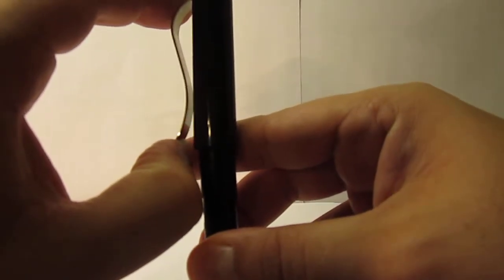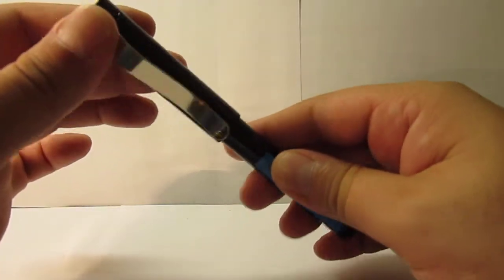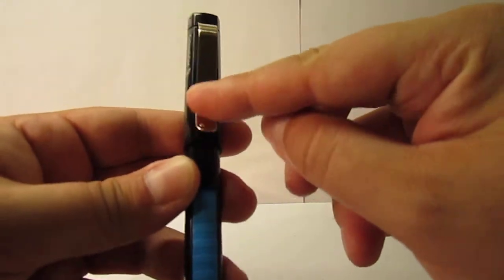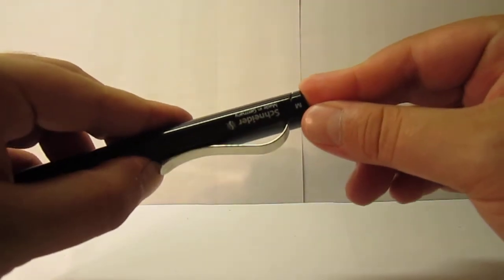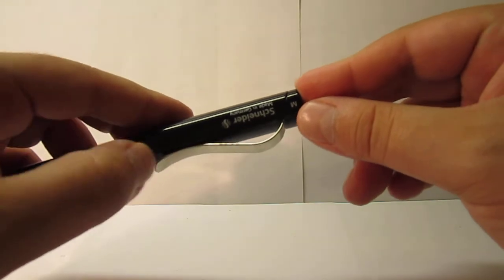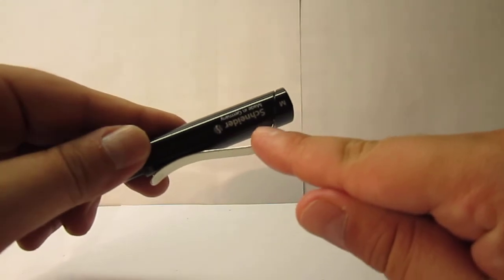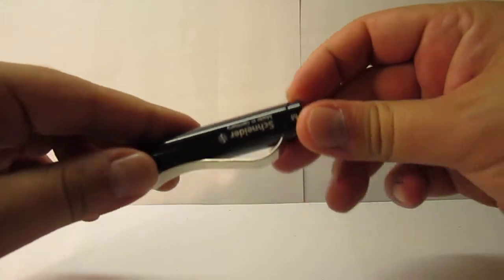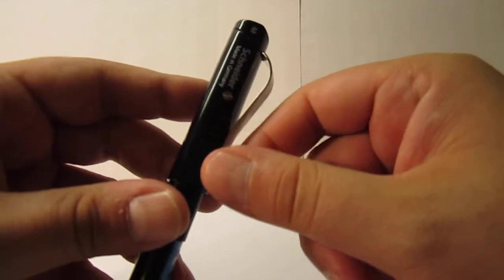It's a fairly simple clip, very sturdy, but it works. It's chrome steel, and despite the fact that it's a very simple shape but effective, it's still very sturdy, very hard for it to lose its sturdiness. And if you notice the silhouette, it goes all the way, and interestingly the cap has this ridge here, this line that goes the same way and follows the same pattern as the clip, which is a nice